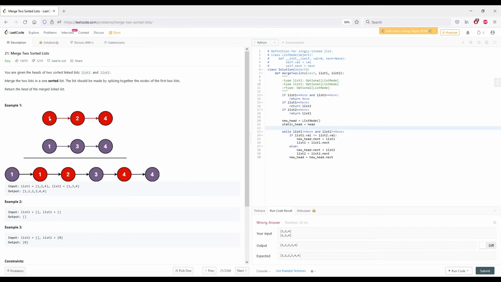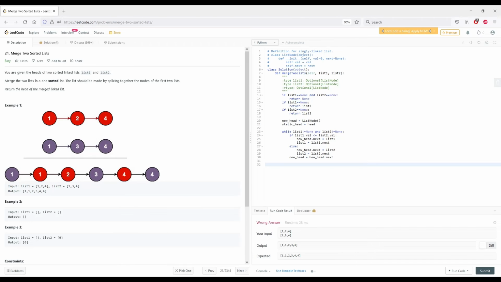Now this pointer is going to get updated with either list 2 or list 1, and then obviously it will be this one, and then these are now part of the merged list, and we'll compare this, and so on. Okay,